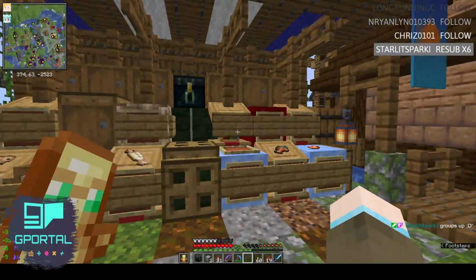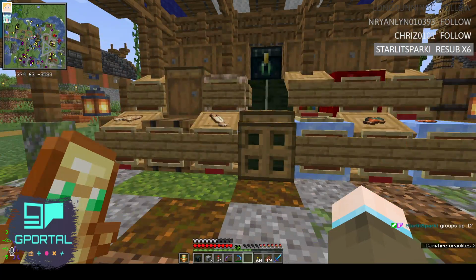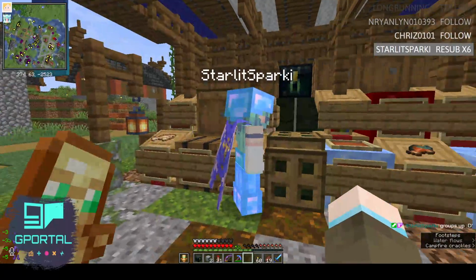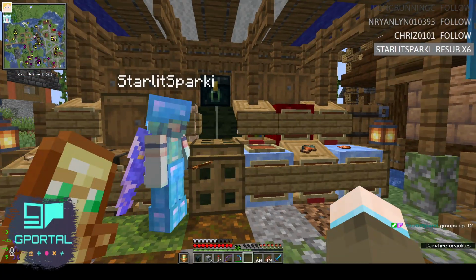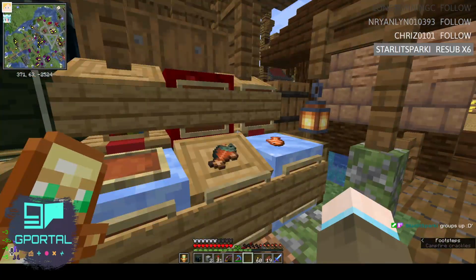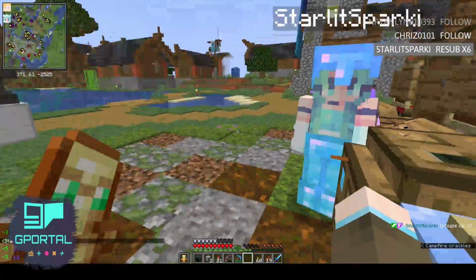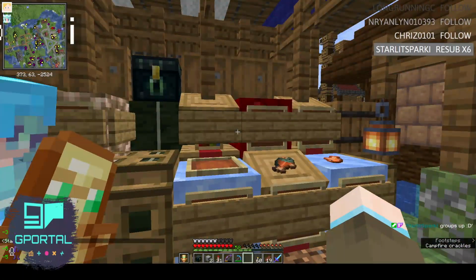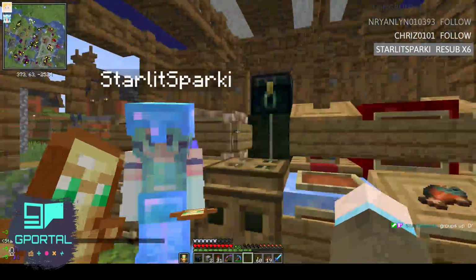Oh, wait a minute. Where'd these guys go? Uh-oh. Starlight's coming. No. Fly. Nice landing. Weren't there fishermen here? Or did they get killed? Right? There were people here. I don't think Charge cares too much, but oh well.